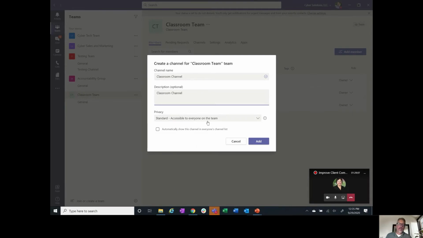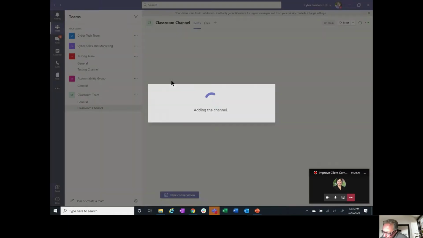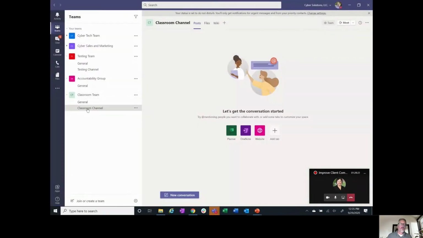And then we can set the privacy to accessible to everyone on the team, or accessible only to a specific group of people within a team. In our case, we're just going to use the standard, but that's something you can take a look at. And now we have our general,